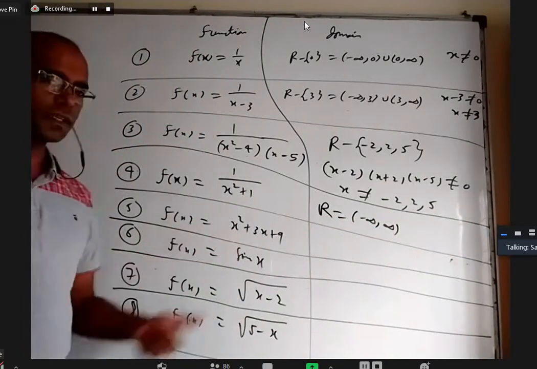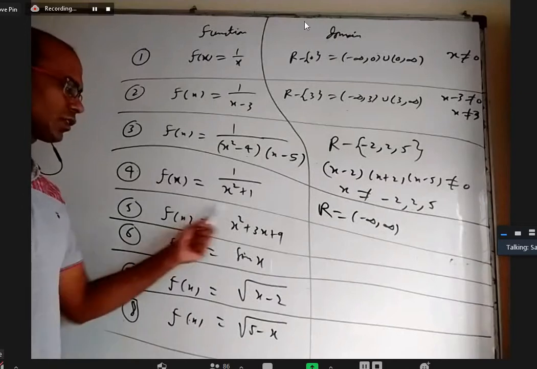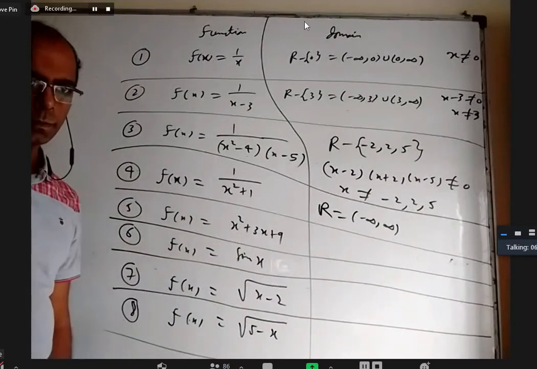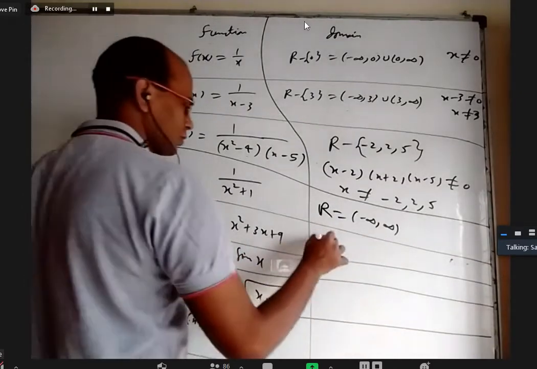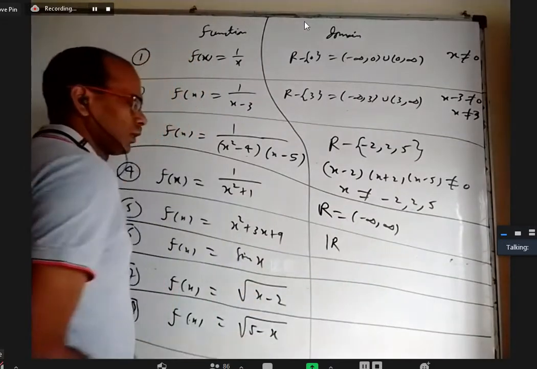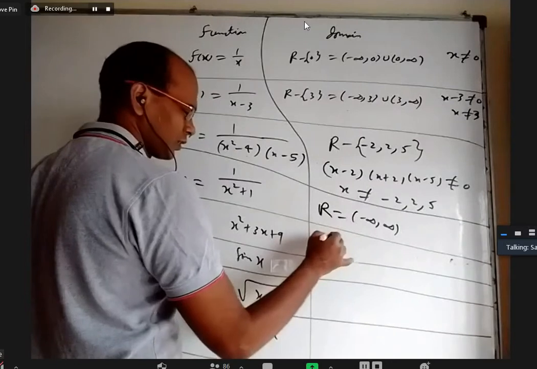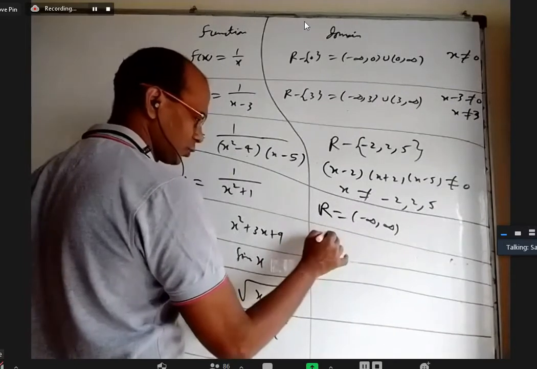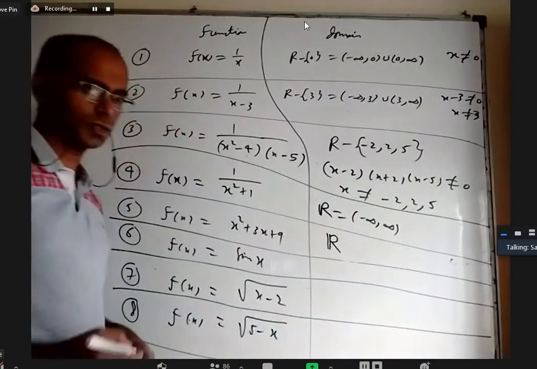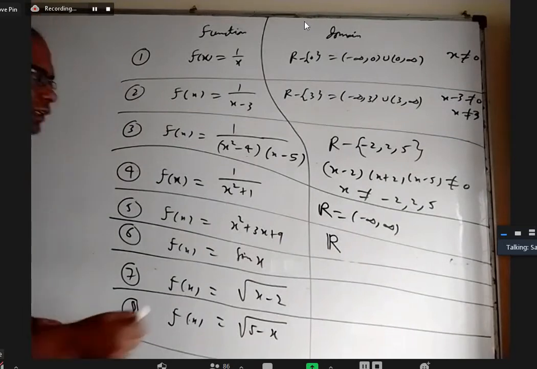What about this quadratic expression? Is there any x value for which it is not defined? No, it is also all real numbers. You can just write R. Generally, there is a particular English font that they use where one more line will appear, for the set of real numbers. That's why I'm writing that.